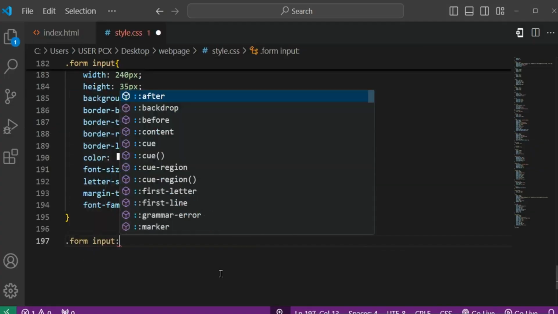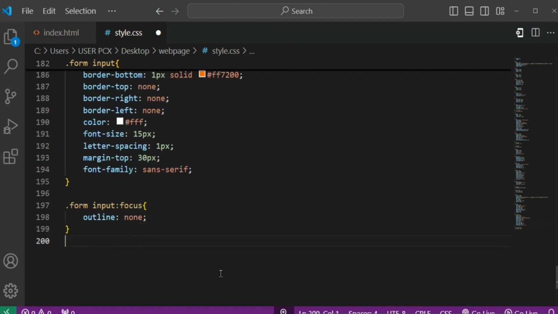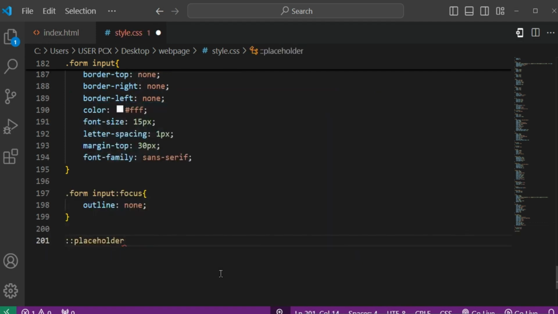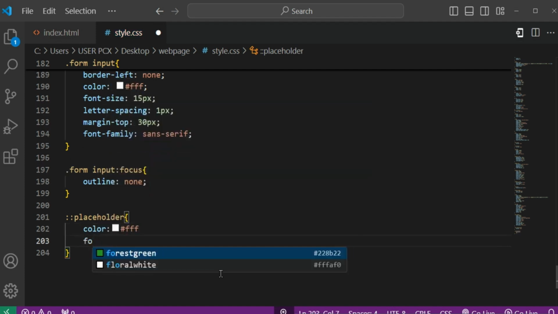So .form input:focus, we want to give it a focus. So the outline should be none. Then placeholder color should be white. Font family